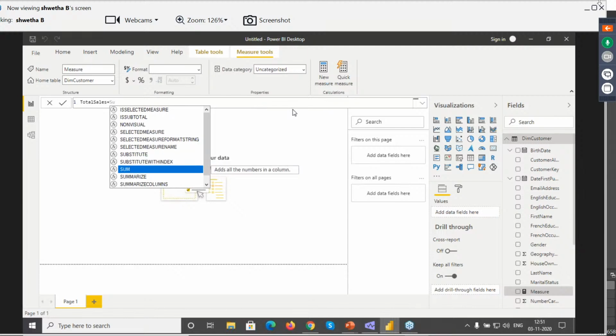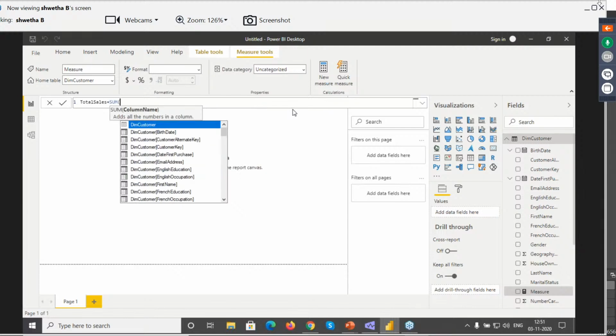So we can just easily, so even if a person doesn't know what to use, how to use it, once you give the function name, it is also going to tell you what you have to write inside that. As you can see here, some column name. So inside the sum function, we have to write some column name. So that column name here we are going to take as, it's better if you always write it with the table name,